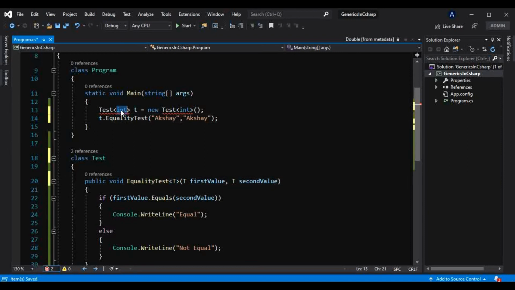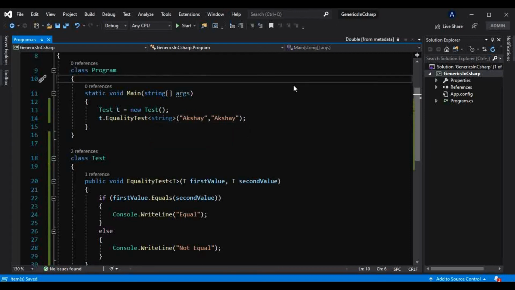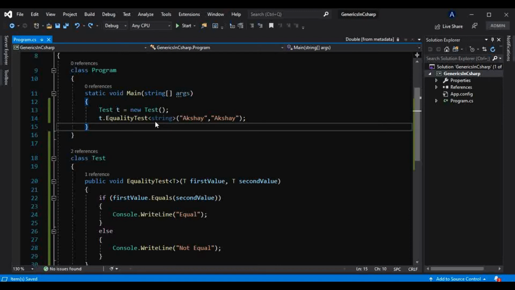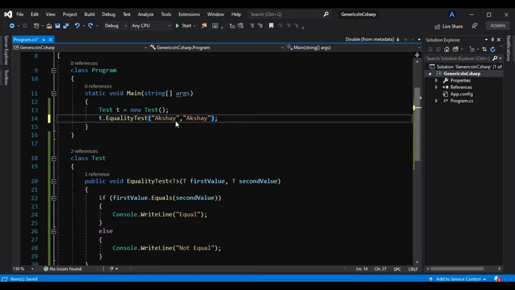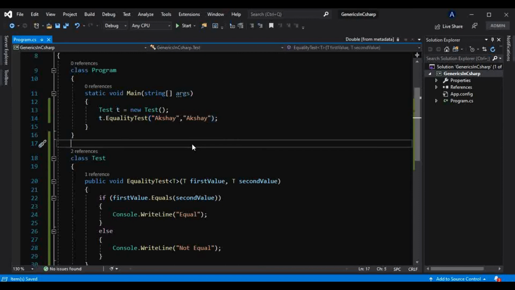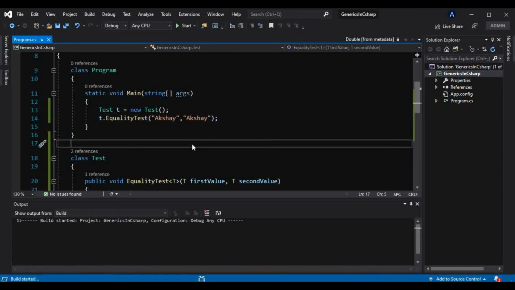As soon as I do that, I don't need to do that here, and instead I can pass that here, something like this. Now it is also not necessary to pass this angular bracket here. If I don't use that, that is also fine.